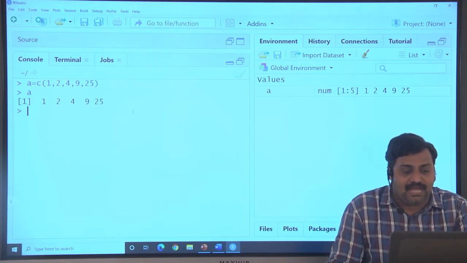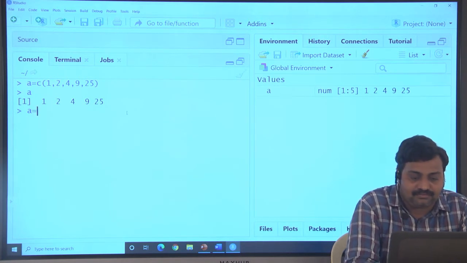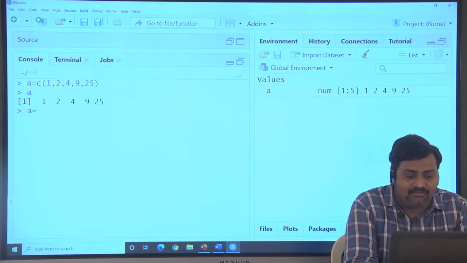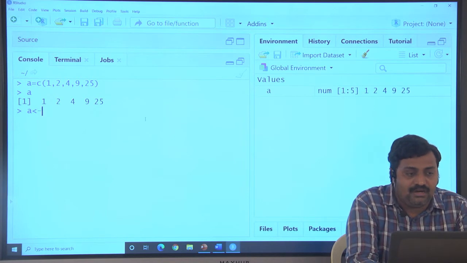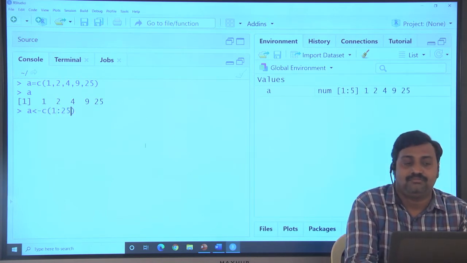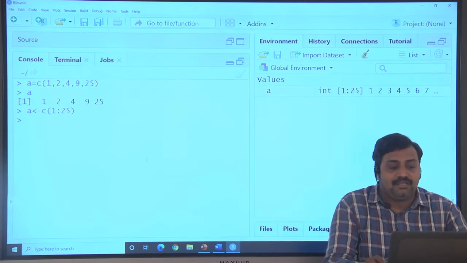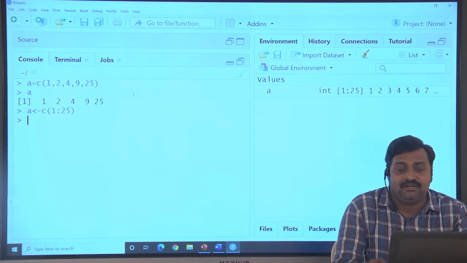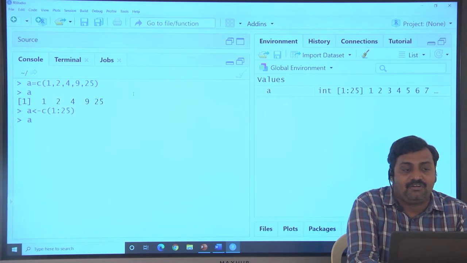Suppose I am creating a sequence of values, c of 1 to 25. Now let's check the outcome.